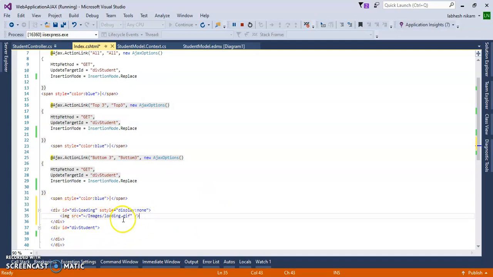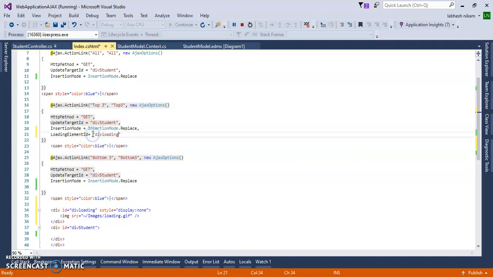I have loaded it here, but to show it before the page, you have to use the loading element. So the loading element ID equals the ID of that GIF image, which is divLoading.